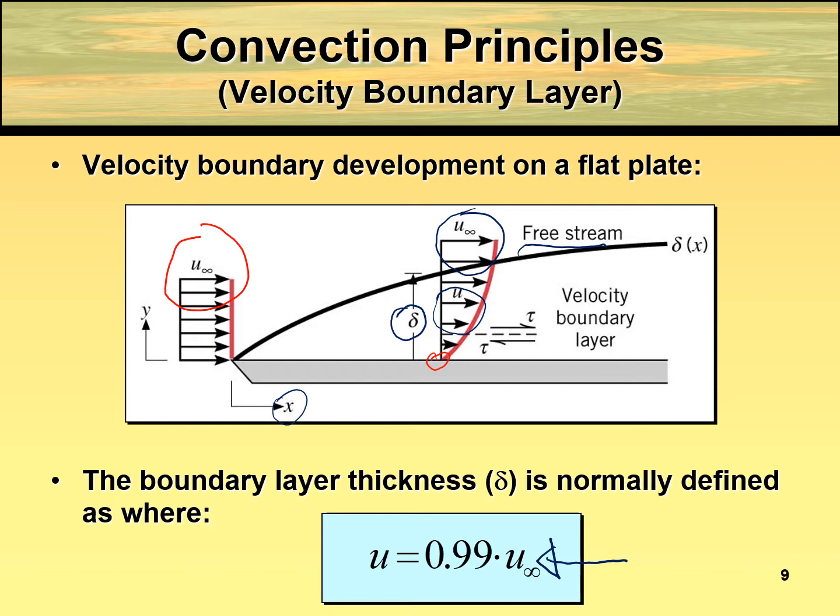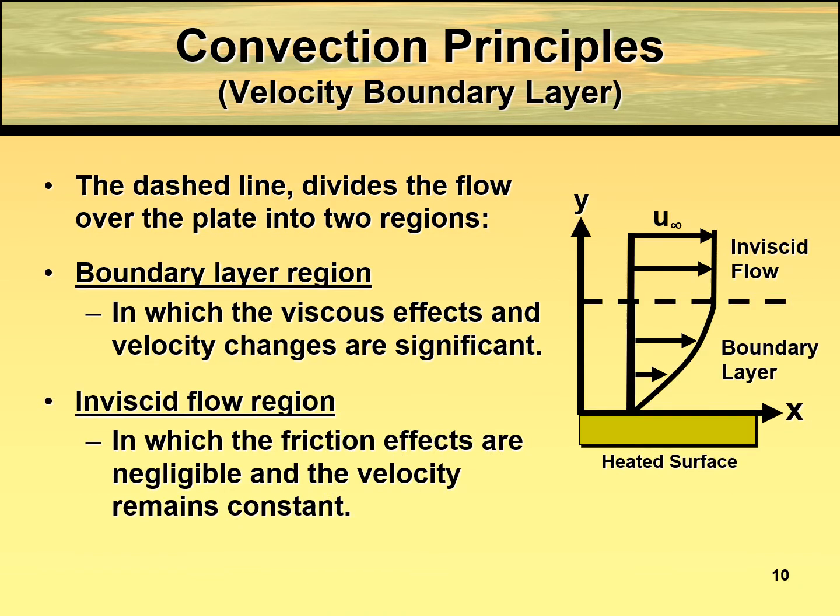So later on we're going to look at the conditions. Okay, so that's for the velocity boundary layer. As for this one, this is a velocity boundary layer where we have a dashed line that divides the flow over the